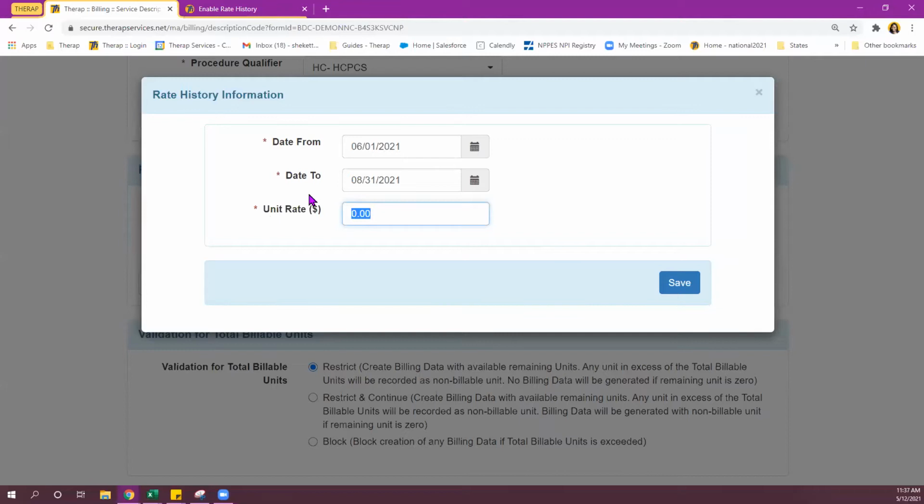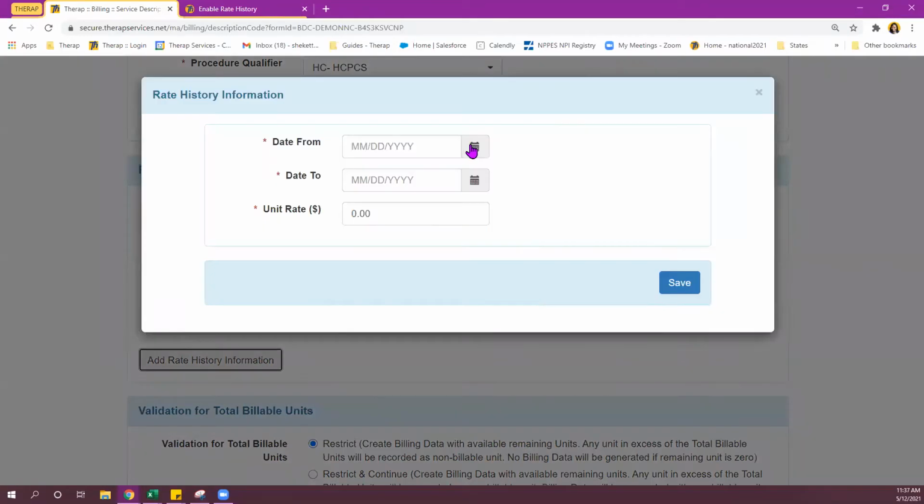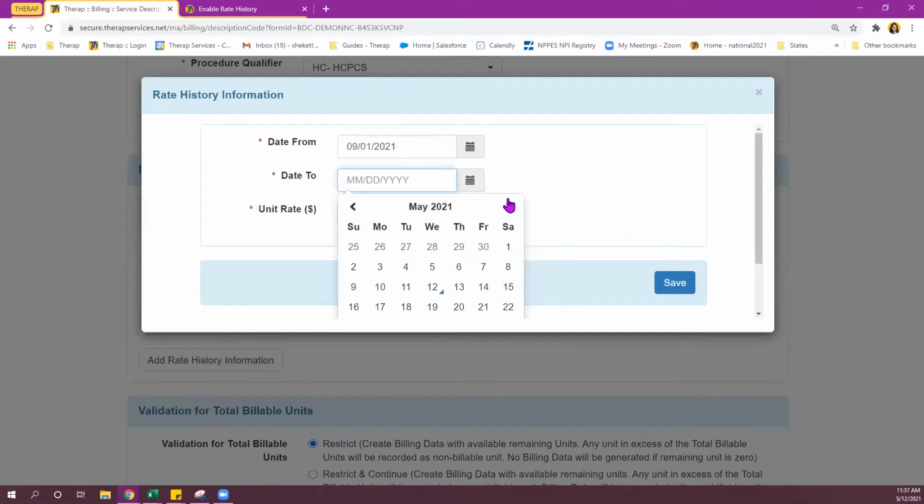And let's say that they increased this rate to 150.25. Okay. Click save. We want to make sure we tell the system what to do after this increased rate. So we're going to go ahead and add back in September 1st up until the end of the year. You can also expand this end date till 2099 if you know that this rate is going to go on